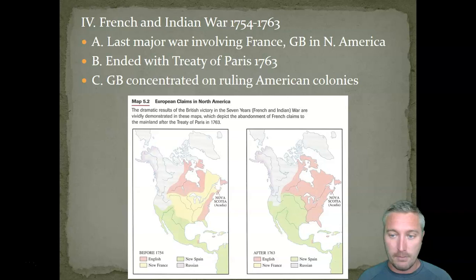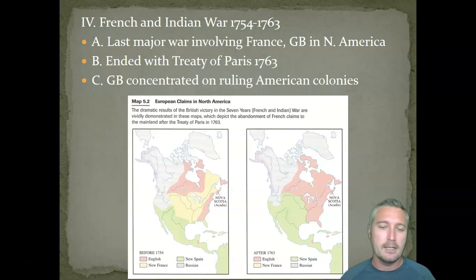They are going to be, for the most part, gone. I mean, their people do remain, but the French government is gone until later on in 1800. There's some trading with Spain. Napoleon will get back Louisiana territory and sell it 3 years later. France also had to give up